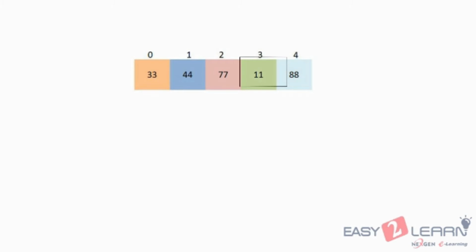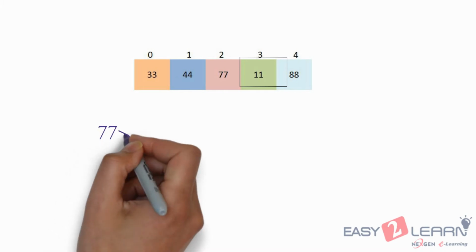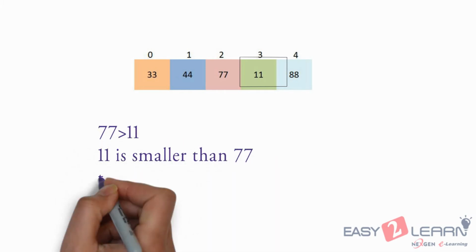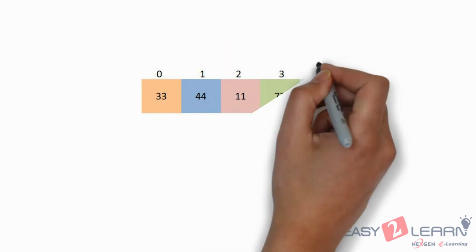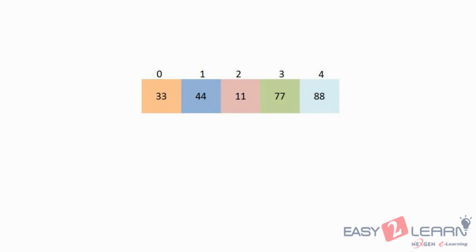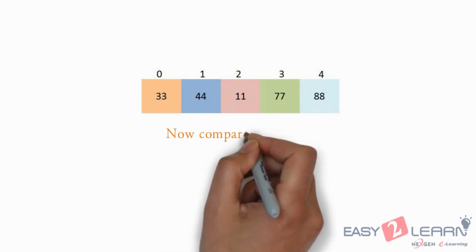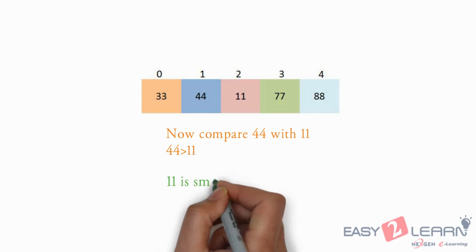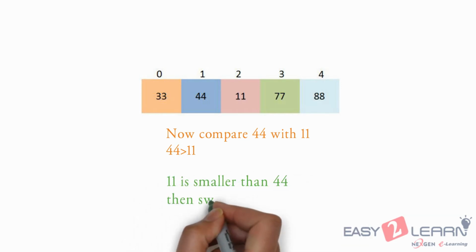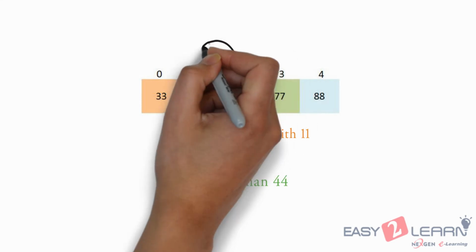Now the element at index 3 is 11. 11 is compared with 77 and 11 is smaller than 77, so we will swap. After swapping, here it is. Now 11 is compared with 44 and we know 11 is smaller than 44, then we need to swap. After swapping,